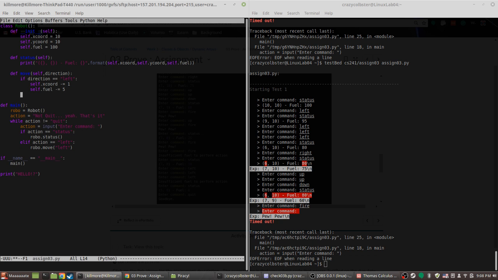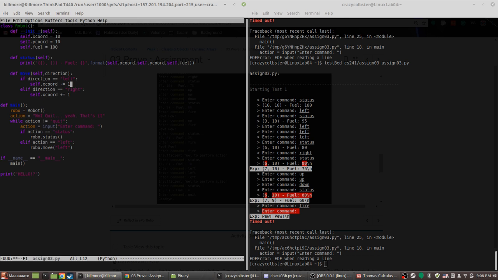I can say if direction equals quote right close quote colon, self dot x coord plus equals 1, self dot fuel. We're gonna stick that on the bottom.